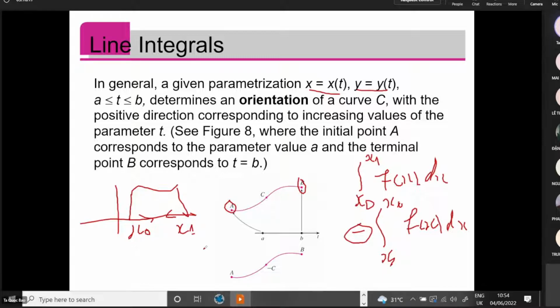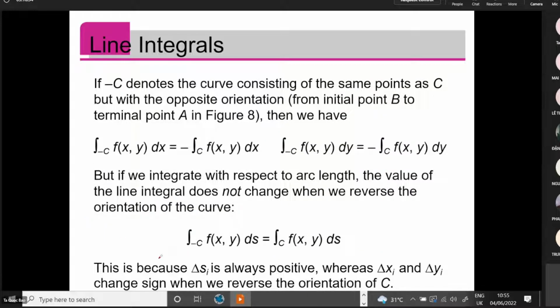So similar idea. Then we denote the curve. We have oriented curves from A to B. If we change the direction, then we know there is a minus. Right? Understand? So therefore, look at here. Then we have the integration over minus C of f(x, y) dx equal to minus the integration over C. The idea is